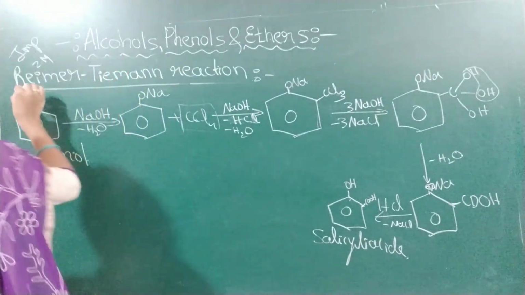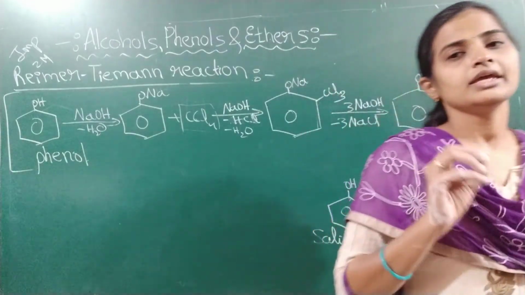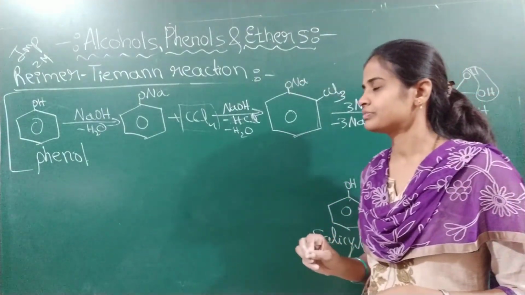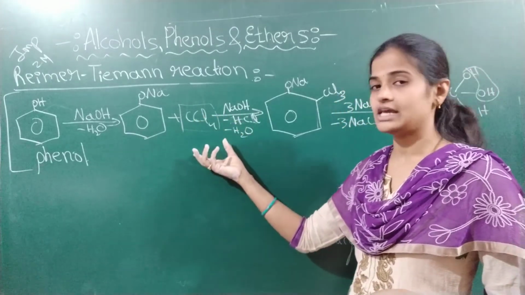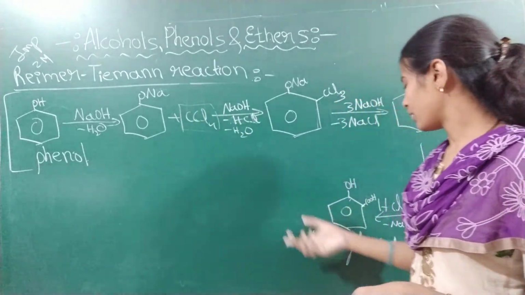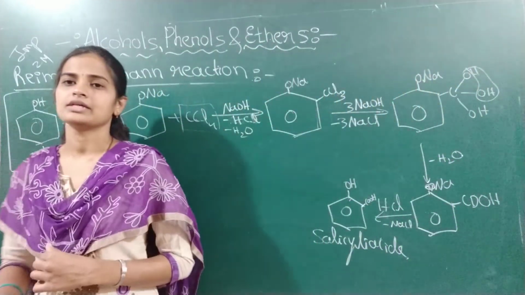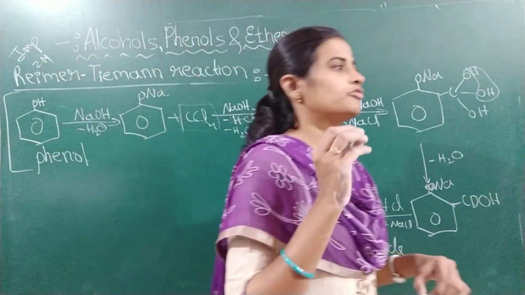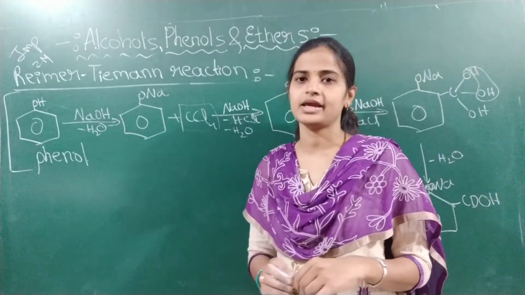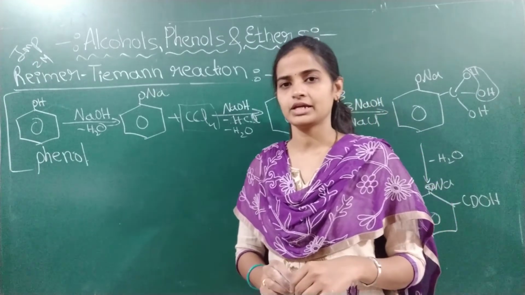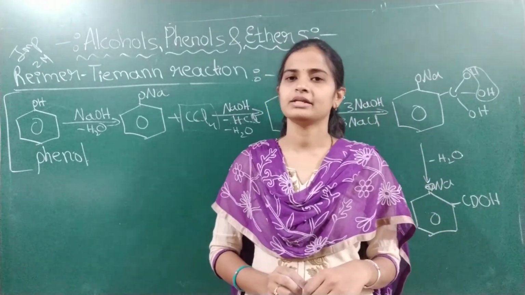Got it? Okay, this you can write in a bracket and write as a note. Okay, in the Reimer-Tiemann reaction, when phenol is treated with the CCl4, carbon tetrachloride, the product formed will be salicylic acid. Okay, yes, this is all about the named reactions of the phenol, that is Kolbe's reaction as well as Reimer-Tiemann reaction. You have to practice these two reactions. With these two reactions, we have completed the phenols.